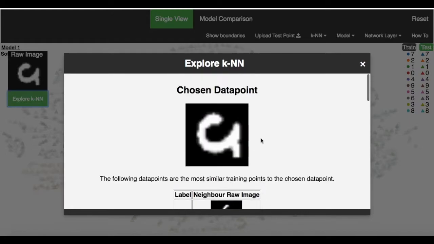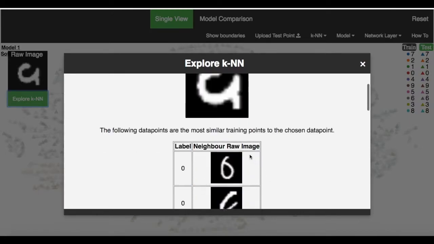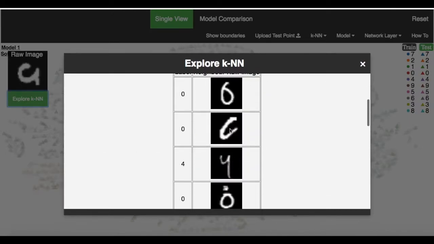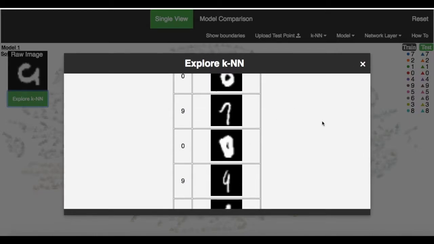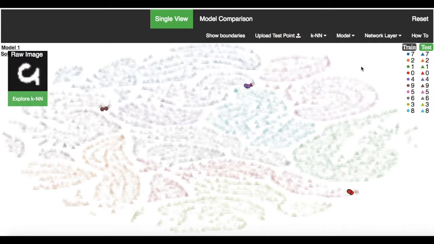Now users can then improve their models by feeding similar examples of these k nearest neighbors labeled correctly. So increase the number of examples, retrain the model, and that should help it better differentiate between these classes. Now if I reset this again,